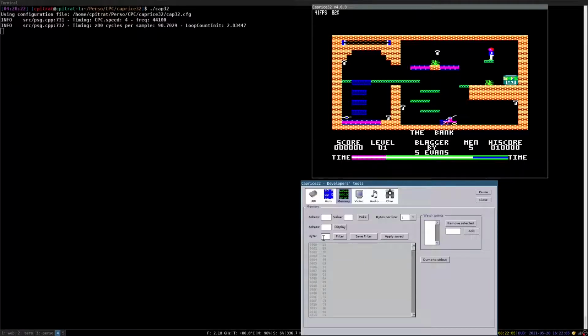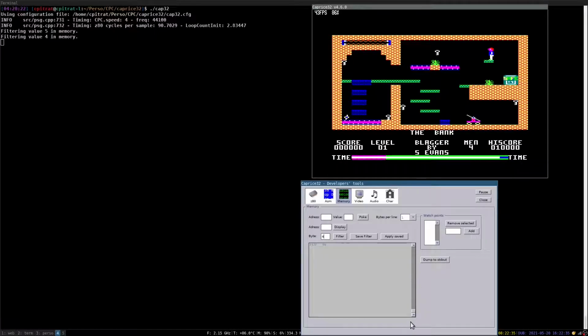And out of these lines, I can filter the ones that contain a 5. So I filter them, but there are still quite a lot. I will save the filter, which means I will save all the lines, all the addresses in which there is currently a 5, and now I will lose a life. So here we are. I have only 4 lives now. Let's filter that again. Okay, so that's still a lot of places where there is a 4.